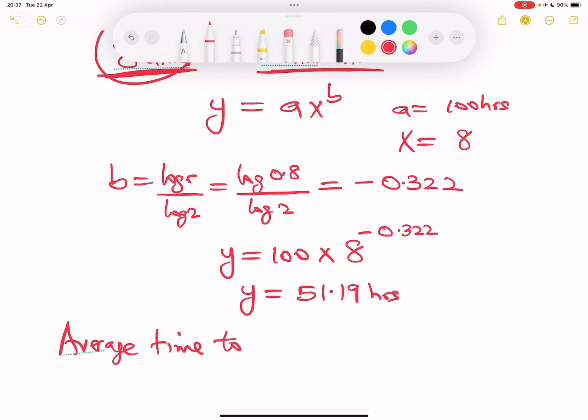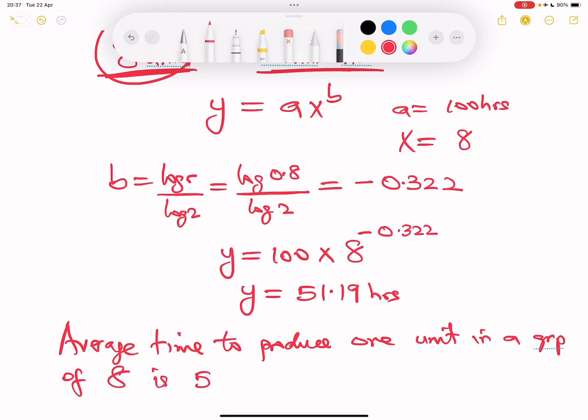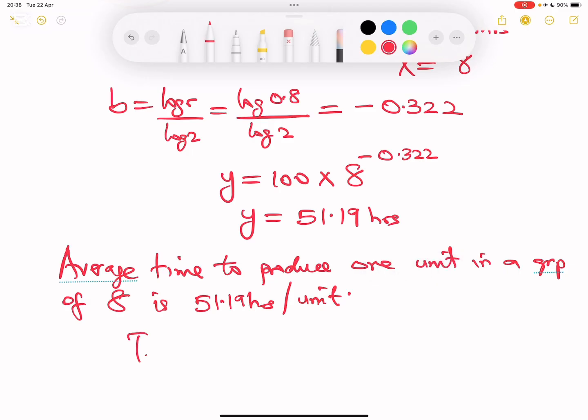to produce 1 unit in a group, or in a team, or in a batch of 8, is 51.19 hours per unit. That's what we're saying. So the total hours would just be equal to 8 multiplied by 51.19. And if you do that, that will give us a total of